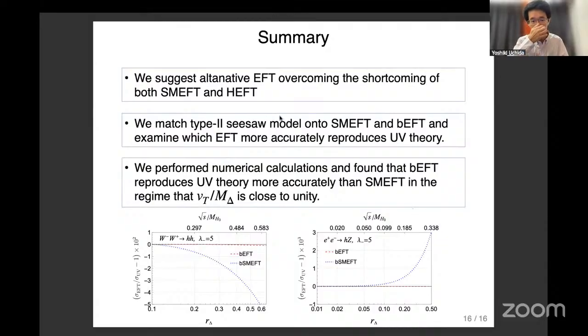So this is a summary. We suggest an alternative effective field theory overcoming the shortcomings of both SMEFT and HEFT. We match the type-II seesaw model onto SMEFT and the broken phase effective field theory and examine if the BFT more accurately reproduces the UV theory. We performed the numerical calculations and found that the BFT reproduces the UV theory more accurately than the SMEFT in the regime where the electroweak scale is much closer to the triplet mass. Okay,